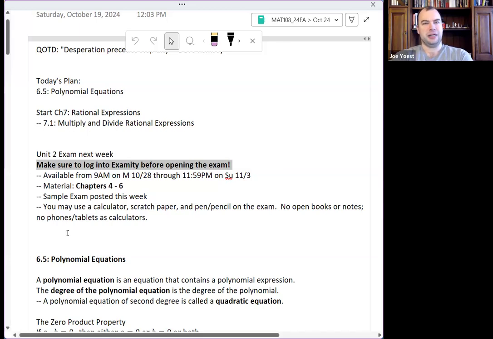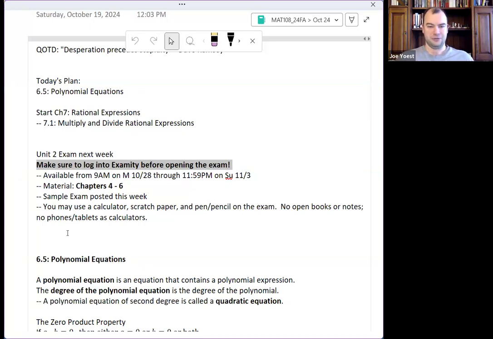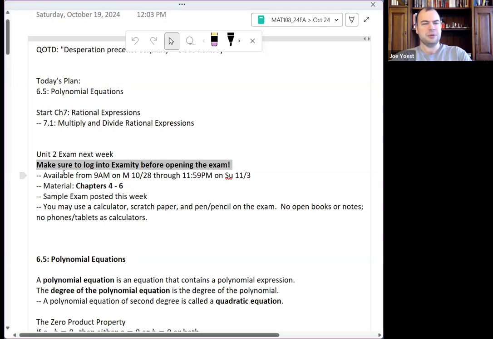One minor note, I have a class that took an exam last week, a fully online class, and some of the students, for some reason, when they went into WebAssign and clicked on the actual midterm exam, for them it was a midterm exam, not a unit exam, the exam just opened up. It didn't go to the password screen first, and I don't know why that is. I think I have a suspicion why. So I actually have a class of students in a different course that has an exam this week, and I'm going to check how that worked with them. But long story short,